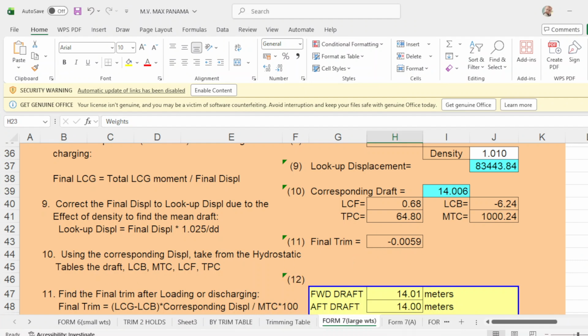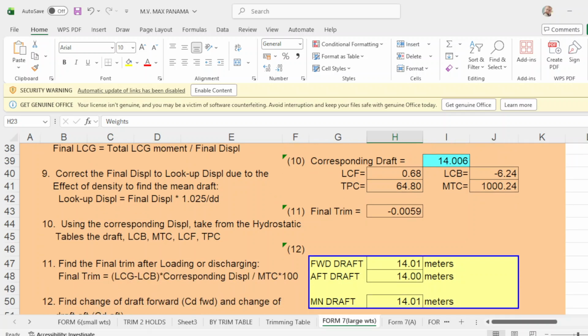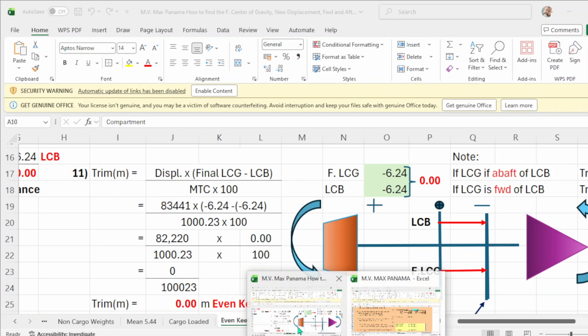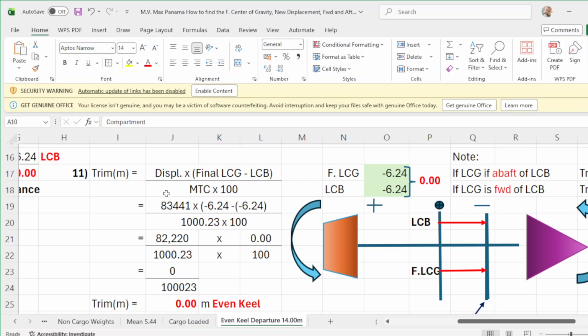The formula for 11: final trim is LCG minus LCB corresponding, times your displacement over MTC times 100. To get the final trim, the manual computation is displacement times final LCG minus LCB over MTC times 100.